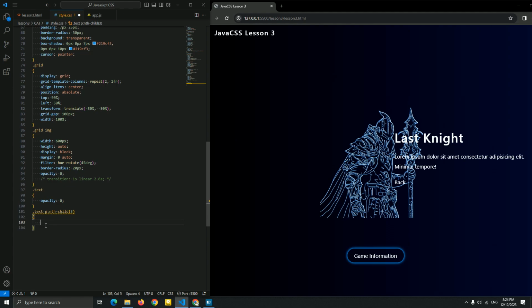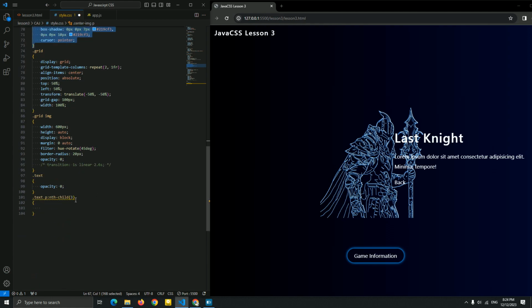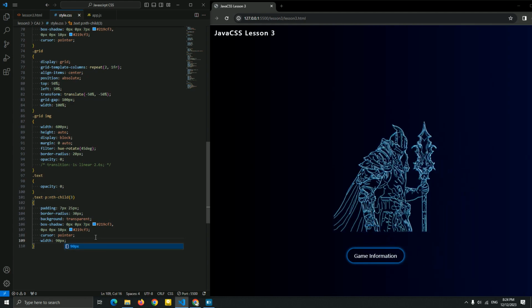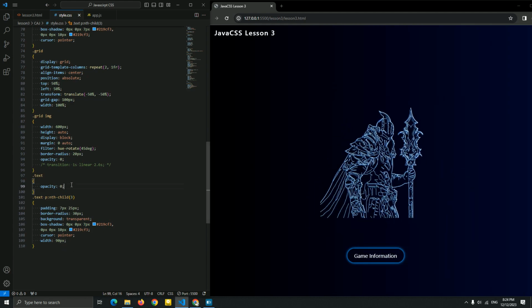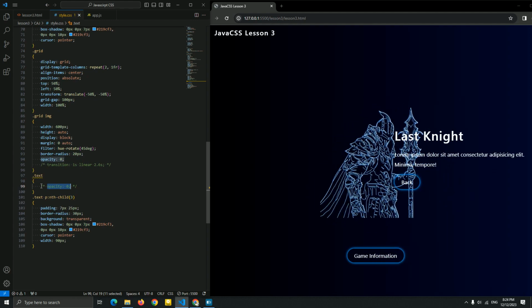I want to style it just like this center p. So I'm gonna just copy this, paste it here. Very simple. The padding be the same, border radius 30 pixels be the same, background and the box shadow be the same, and let me just add a width 90 pixels. Okay, let me just see it. Yeah, it's beautiful.